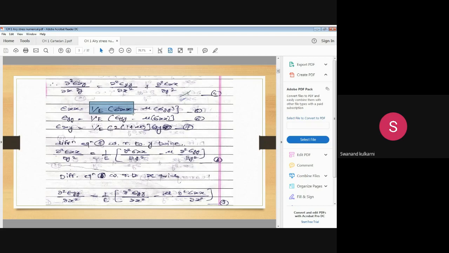E, mu, G, K are the elastic constants, and while deriving the relationship between them, we went through this concept of biaxial stress and biaxial strain. The strain along the x-axis is nothing but sigma xx upon capital E minus mu into sigma yy upon capital E, under this assumption